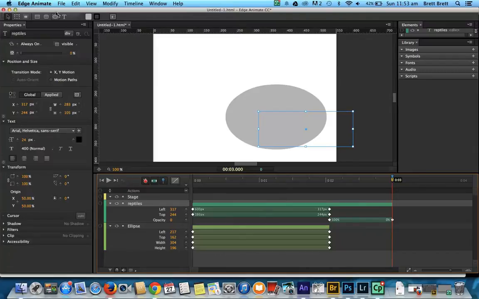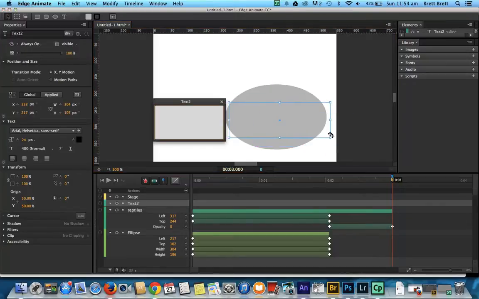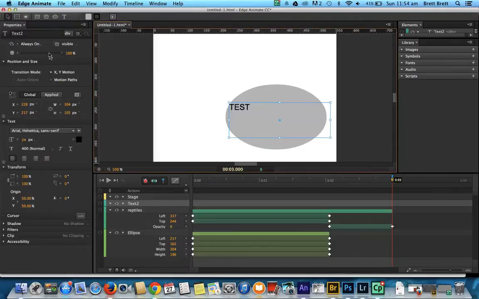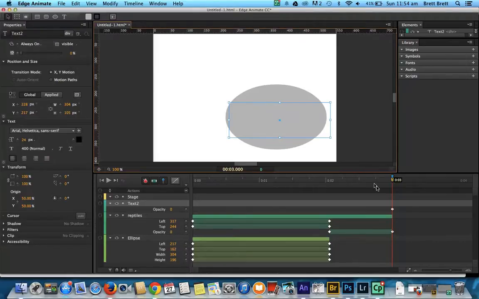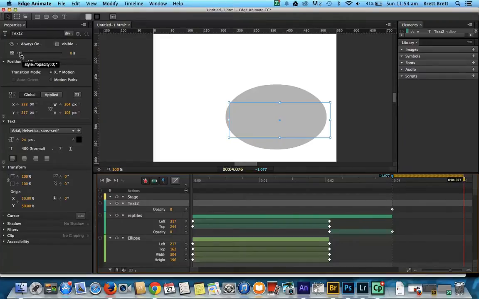I'll turn my toggle pin on, I'll create another text box, and I will put in another title here. For the purposes of this, I can't think of anything brilliant, so I'm just going to write test, but I want test to appear, I want it to start with 0% opacity, and I want it to, over the course of 1 second, so from 3 seconds to 4, go from invisible, 0% opacity, to visible,